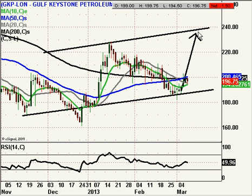Obviously, at the moment there doesn't seem to be any rush to get in, but a break of £2, which is the area of the 50-day moving average and the 200-day moving average, would probably be enough to get things moving quite sharply. RSI currently in neutral, so again underlining the way there's no need to rush in, but there's